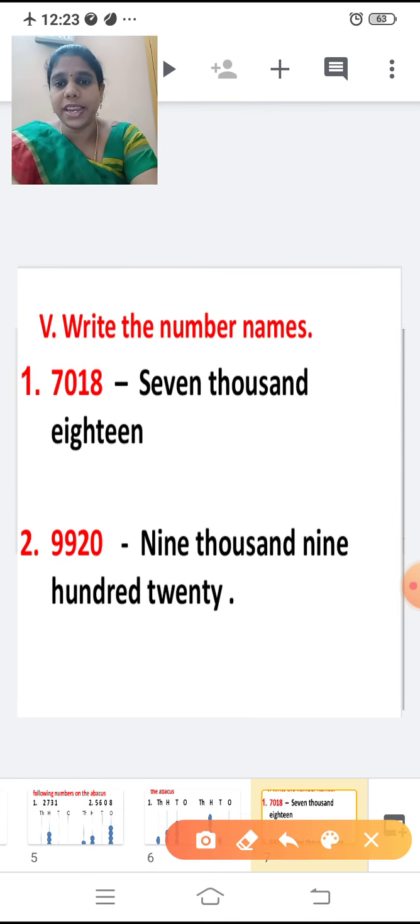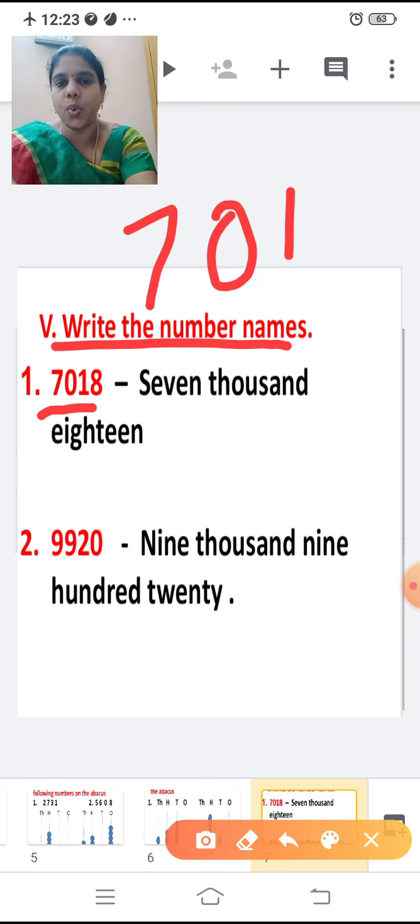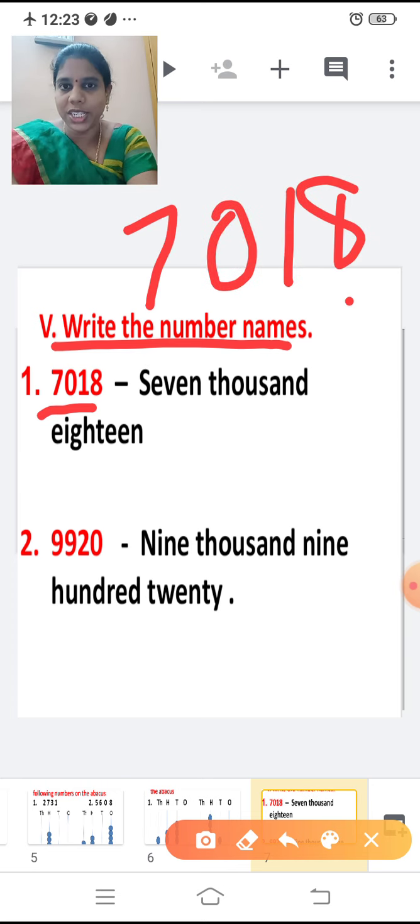Write the number names. I think you all know how to write the number names, right children? A number has been given. You're going to write the number name for the following numbers. 7, 0, 1, 8. The number is 7, 0, 1, 8. 8 in the ones place, 1 in the tens place, 0 in the hundreds place, 7 in the thousands place. Now shall we write the number name? 7, it is in which place? Thousand. So write